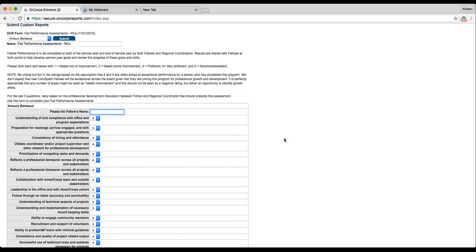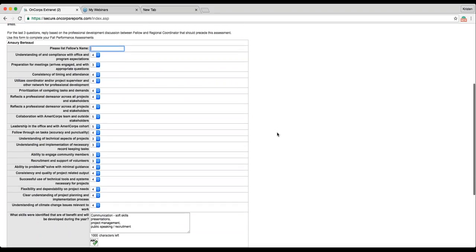And when you're filling this out, a lot of the fellows are spectacular, and we want to give them all 5s because they're great. But think about it in terms of areas for growth and professional development. We don't want to be giving fellows 5s across the board because we are dedicated to building them professionally throughout the year. So be honest and be open with your